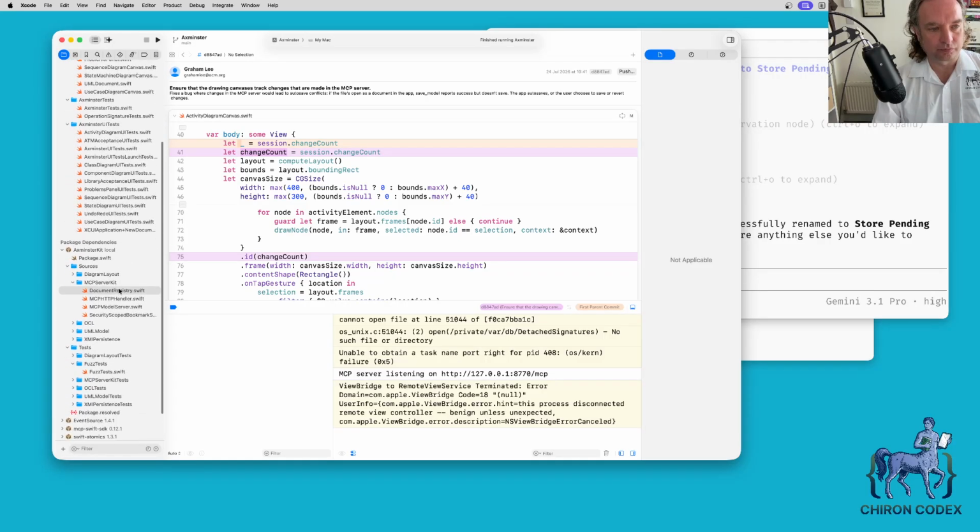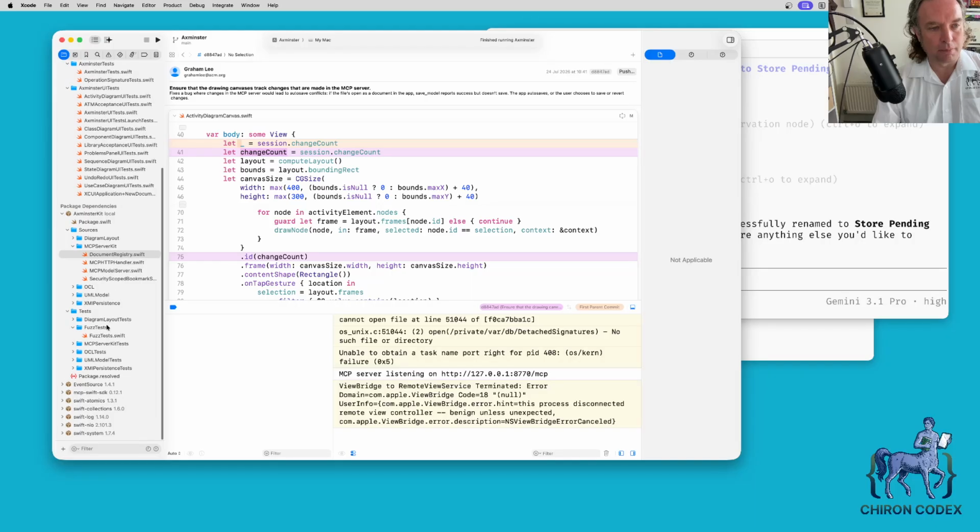There are then a bunch of tests of the Axminster kit, which is the app logic implemented in Swift without any UI connections. So that's the things that lay out the diagram, that maintain the UML meta model and the OCL meta model, that save and load XMI files, and that runs the MCP server,